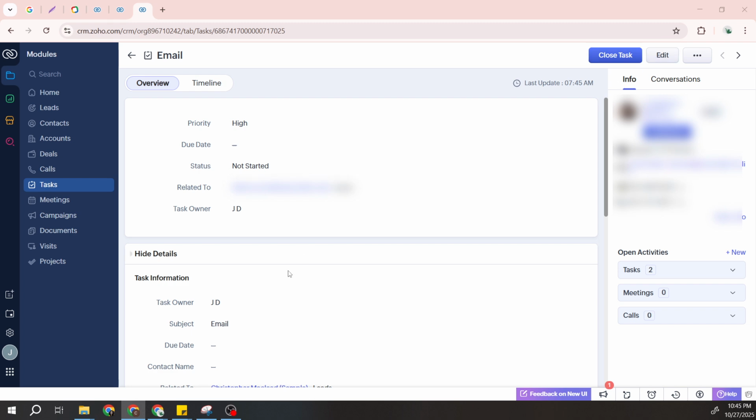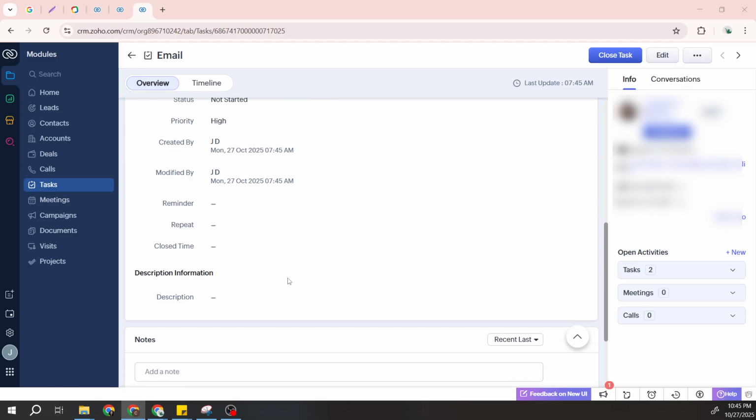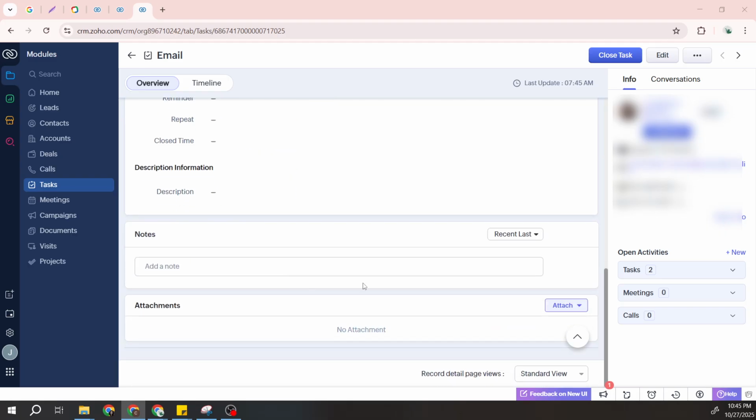That's it. By following these steps, you can efficiently create and manage tasks in Zoho CRM, helping you and your team